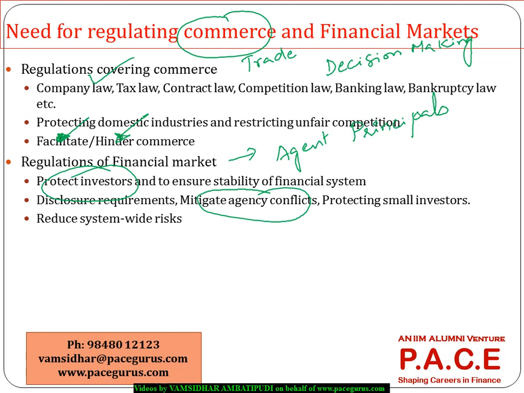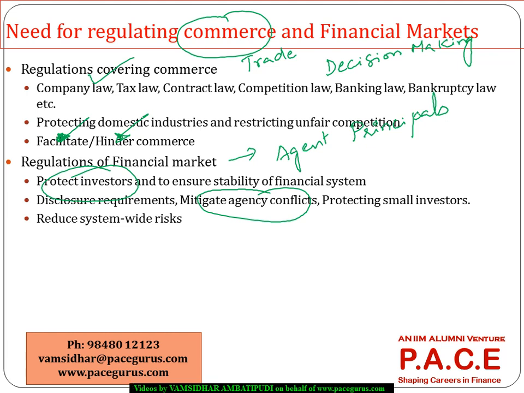So they try to bring in so many things. Disclosures: on a quarterly basis, companies have to file quarterly reports. They even have to file annual reports, 10-Ks, 10-Qs, and proxy statements. There are so many restrictions with respect to disclosures, and even with respect to how the financial statements need to be prepared. They come up with so much detail in terms of what needs to be detailed out and what need not be detailed out.